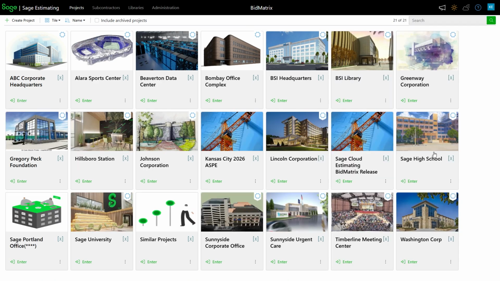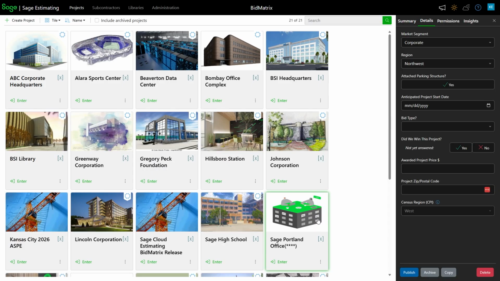As I look at them, down here at the bottom is something called publish, where I can basically hit publish, and now it adds that same publish flag to it. Now, being published does do a couple things to the project. The biggest thing is it locks it down. So I can't come in here and start changing my attributes after the fact or things like that, because at this point that is a published project.